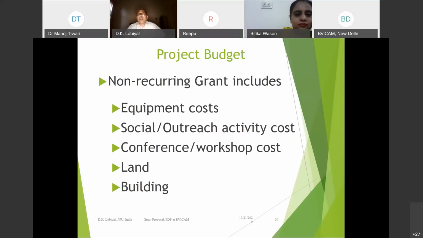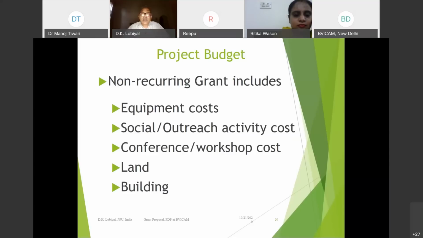And therefore the non-recurring grant will incur equipment cost. Once you need equipment, if you buy a computer, you will work on it for 3-4 years. That is what the equipment grant is. And then maybe if somebody is doing a larger project and needs land, the land is bought once, so it is a one-time grant. And if the building grant, these are other equipment, computer,